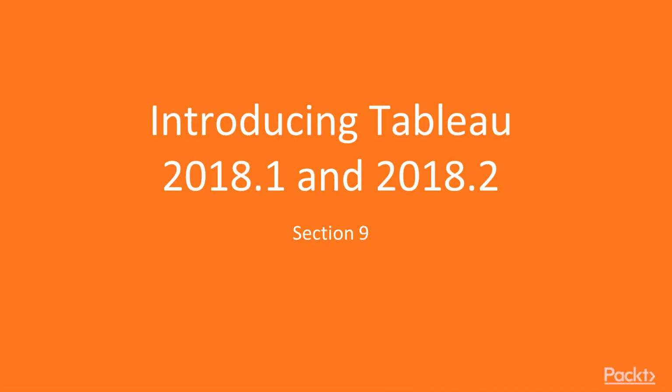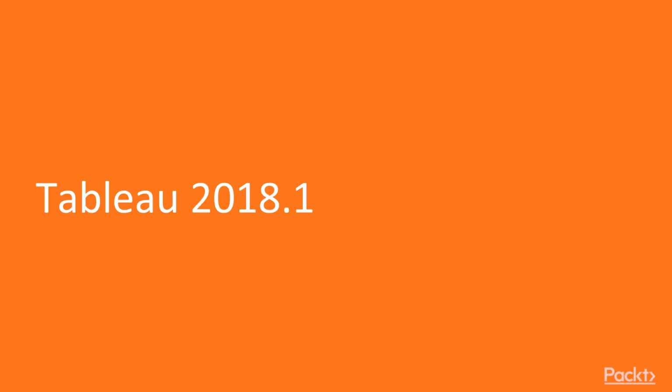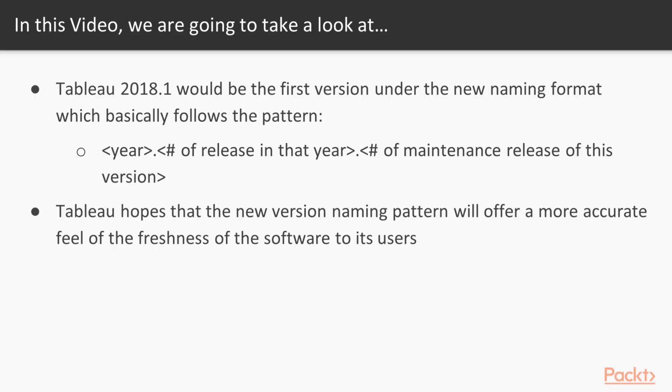Section 9, introducing Tableau 2018.1 and 2018.2. Tableau 2018.1 would be the first version under the new naming format, which basically follows the pattern: the year, the number of release in that year, and the number of maintenance release of this version. So the version we're using at the moment will be 2018.1.3. Tableau hopes that the new version naming pattern will offer a more accurate feel of the freshness of the software